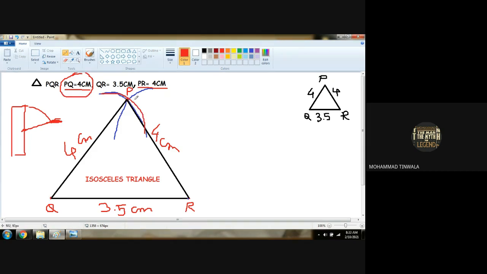And in the same way P and R is 4 centimeter. So R is here, P is not. So from point R we have to draw another 4 centimeter arc like this. Do you understand? The 4 centimeter measurement that is given is what we have to take. In every sum we did exactly that.